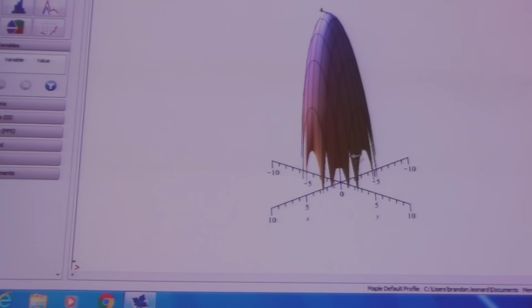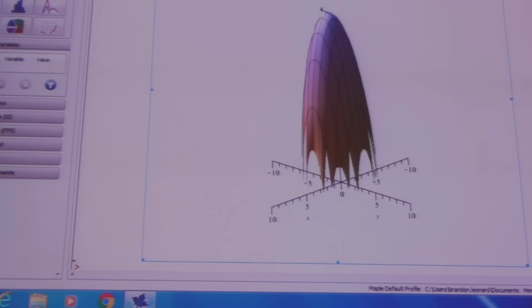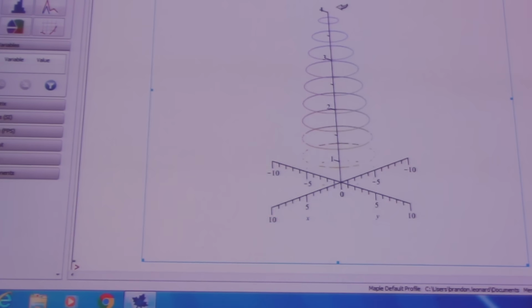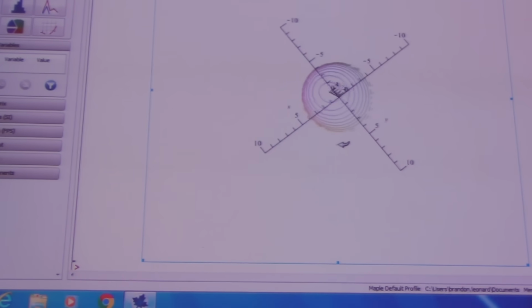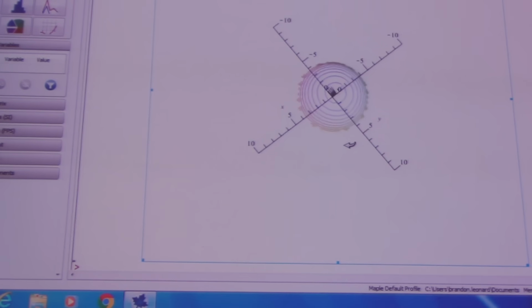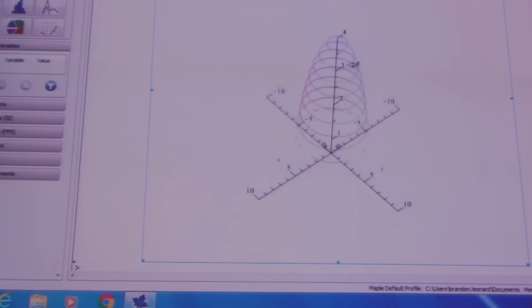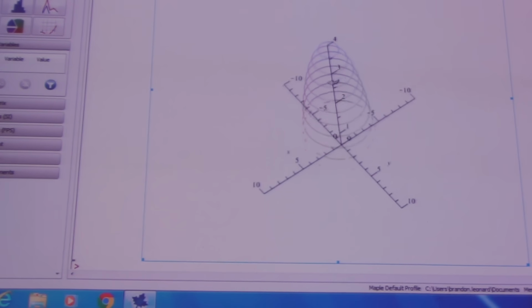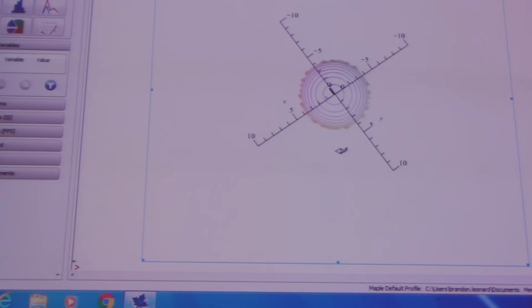This right here, that was that first graph. It created the top half of an ellipsoid. You guys see the ellipsoid at work? Yes. If we talk about this and say, well, what does the contour look like for ellipsoids? We found they were circles. There's the circles. Look how the circles are getting smaller and smaller until we reach right up there to the top. If we do this and look at it from like a bird's eye,